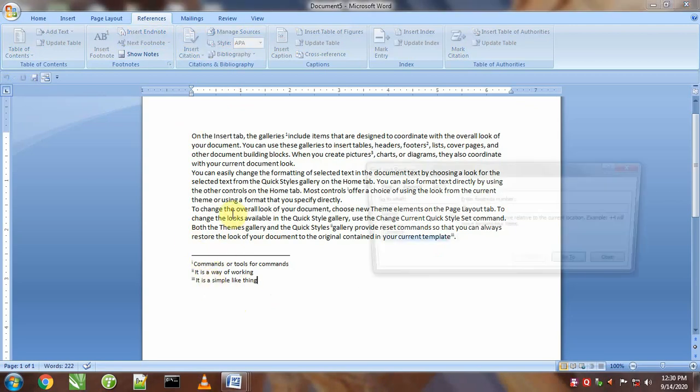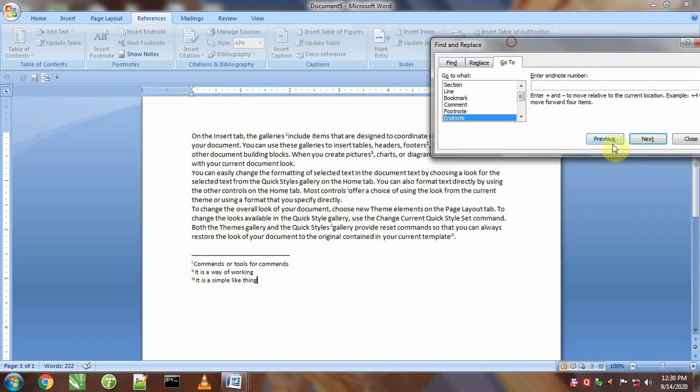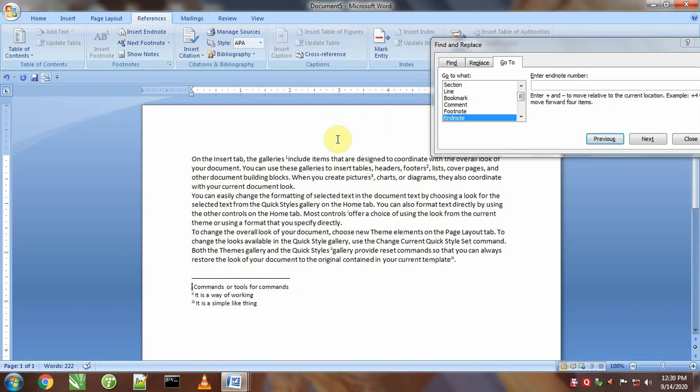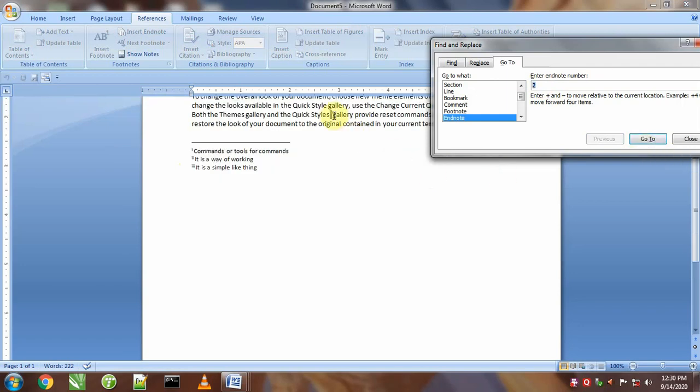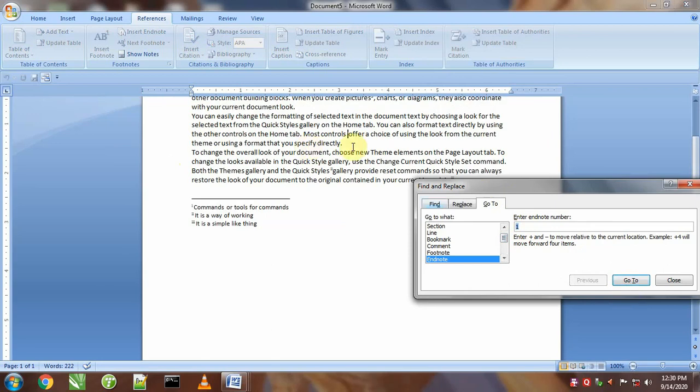Now I will press Ctrl G and visit the different endnotes of this document like this. Next, previous. But if I want to put my cursor here and look at the endnote on the basis of number, I will say second endnote. So my cursor will be put on the second note. I will say 3, so it will be the third endnote. If I say 1, it will bring me to the first endnote. So like this we can visit different endnotes present in our document.